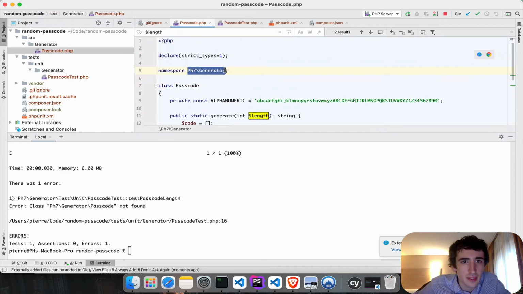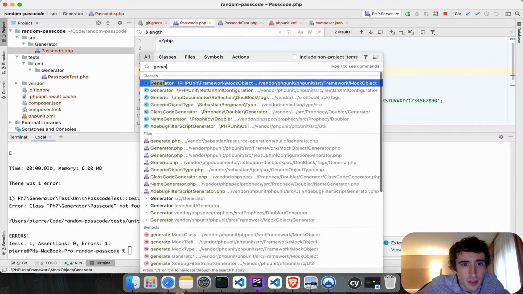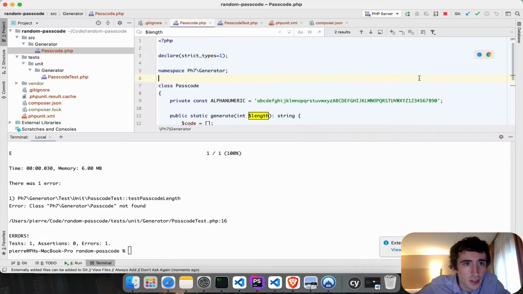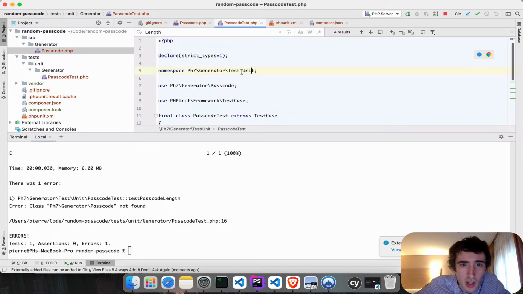PSR-7 generator. Sometimes it's about the name of your class that has to match. You see generator, and passcode looks okay, but somehow